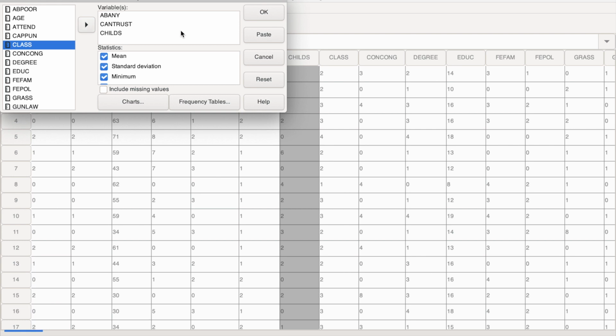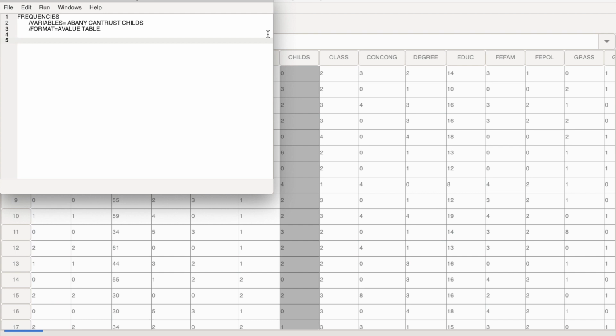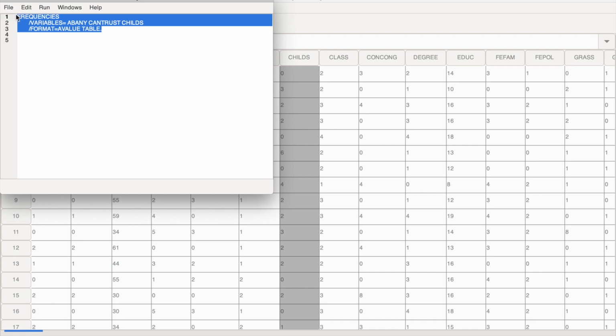Now this is something important I want you to pay attention to. You have a couple of options here. You could click OK, which would run frequencies on the variables you've selected. But what I want you to do is actually click paste. Because what paste does is it pastes the syntax, the computer code for that command, into a syntax editor. This means you now have a receipt or a written record of the analyses you did, so you can reproduce them anytime. So select the text, click run,